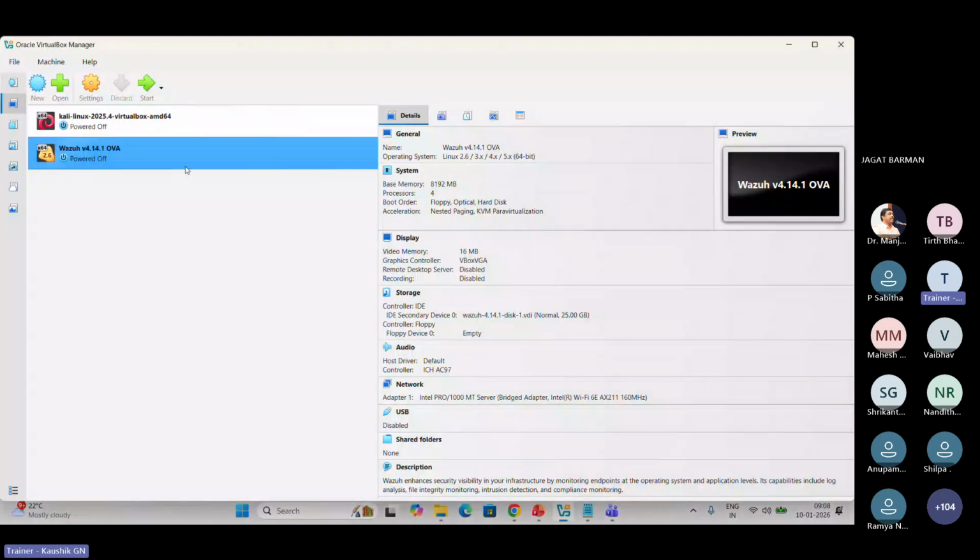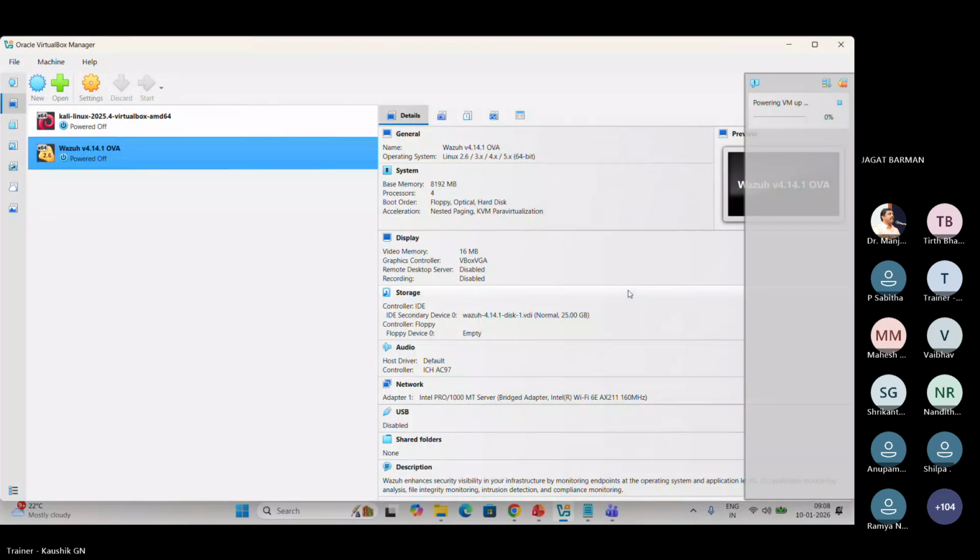Yes, start it. It will start now. We'll wait for a few seconds. Yeah, it is powering up.